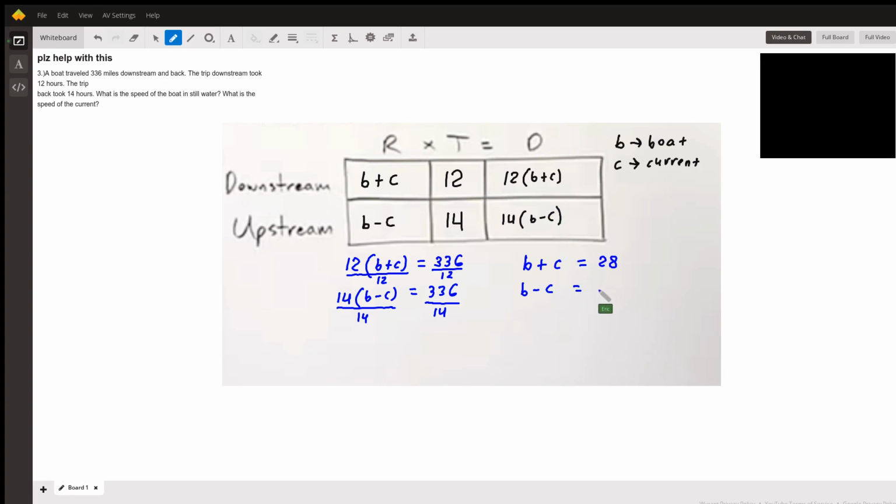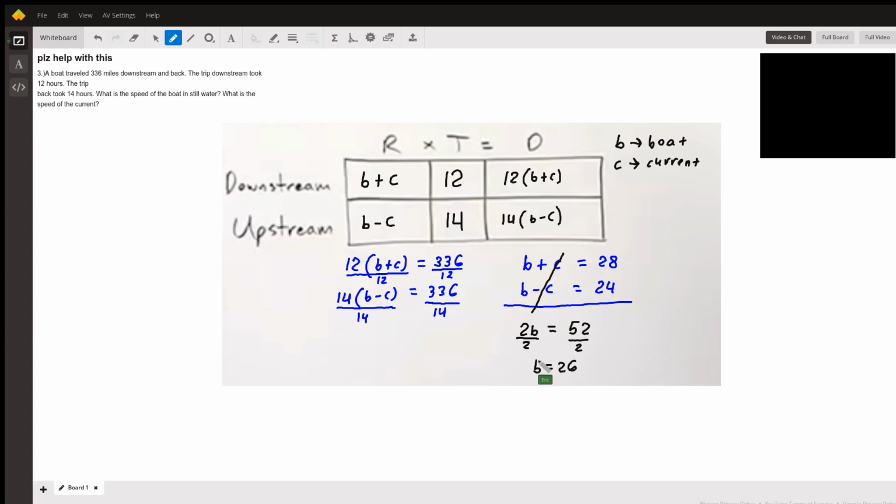So now our system of equations is set up in a familiar way, and we can solve it by addition. And notice that one of our variables already canceled out when we add the equations together. The c's cancel, and we have 2b equals 28 plus 24, which is 52. Now just divide both sides of the equation by 2. We have b equals